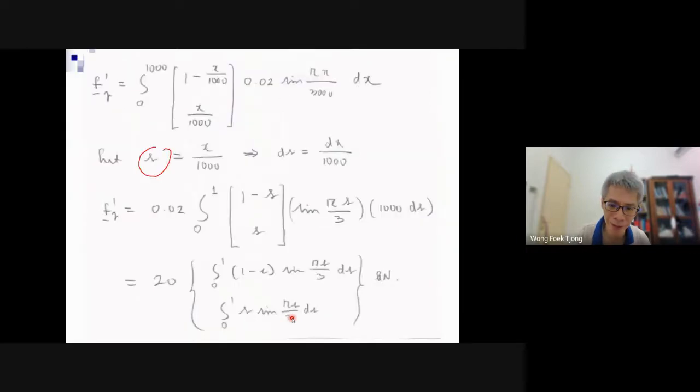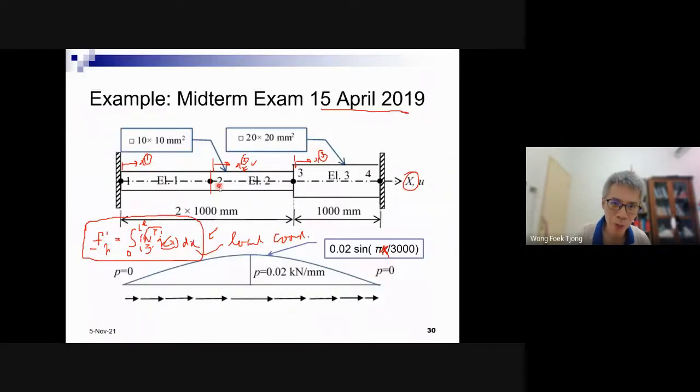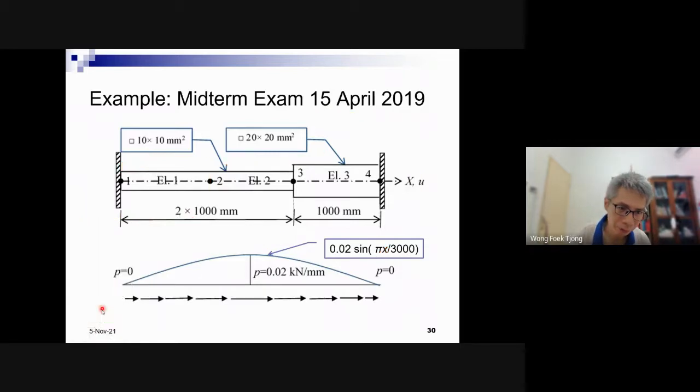Here the problem is, okay, for element number 2. Let me clean. For element number 2, the coordinate is x2. This is not square, okay? x refers to element 2, this one. So what's the relationship between global x and local x? Can someone tell me?